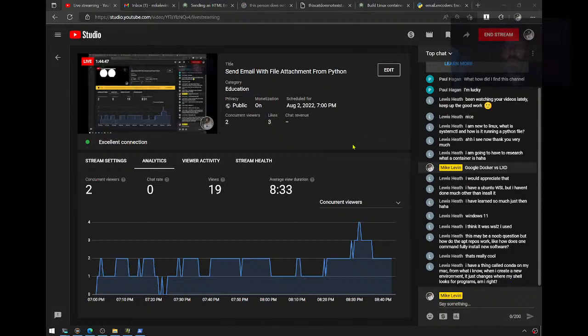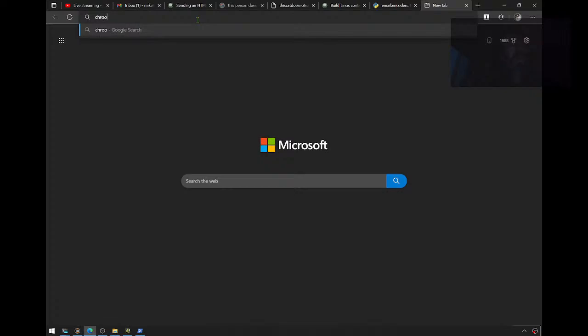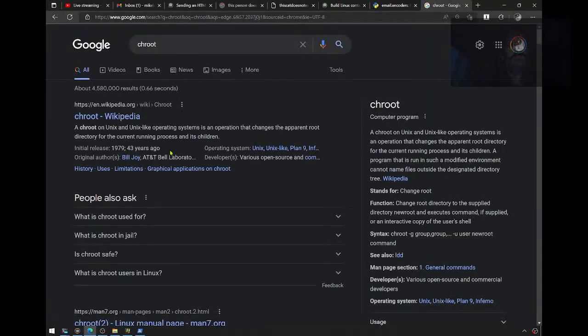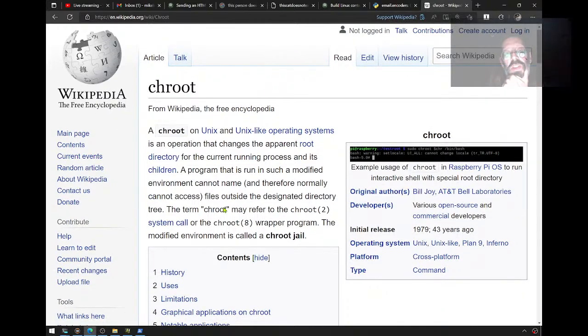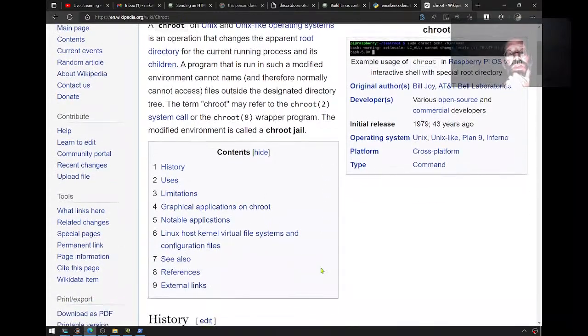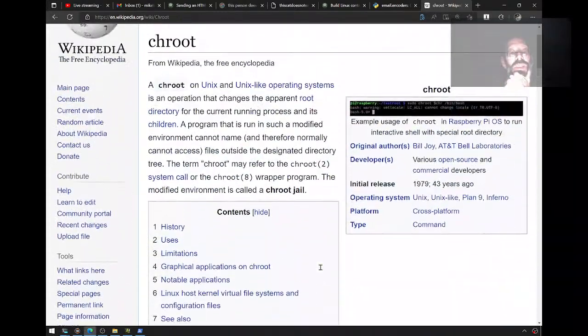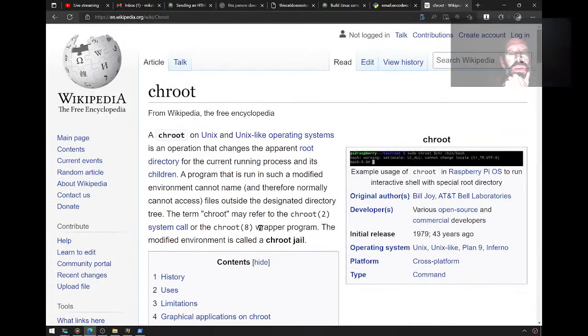If you're interested in researching where this whole container world came from, it's from something called chroot, which goes back to the 70s. So containers are really nothing new. It's just the APIs surrounding them that have made them so popular these days. Back in the olden days, I used to use chroot every once in a while. I was not a major user, but